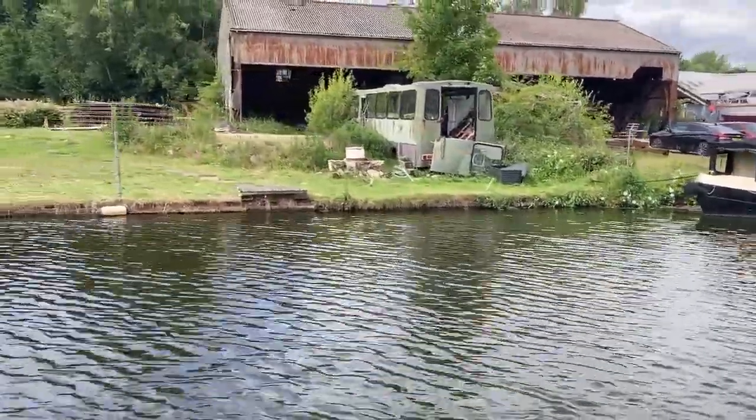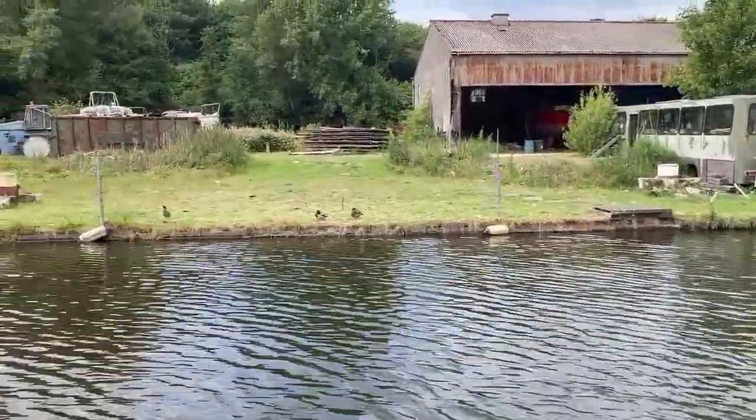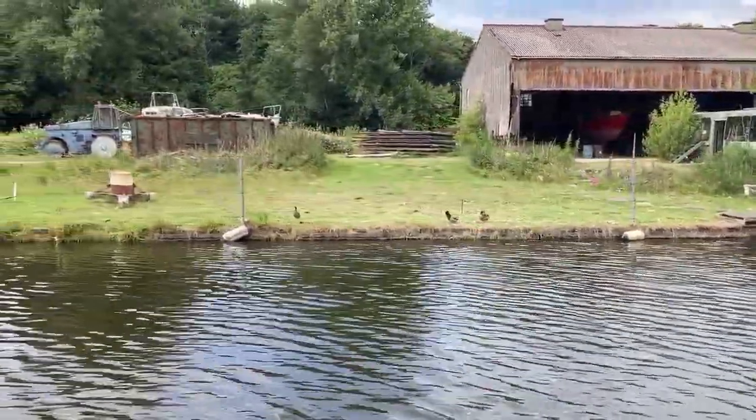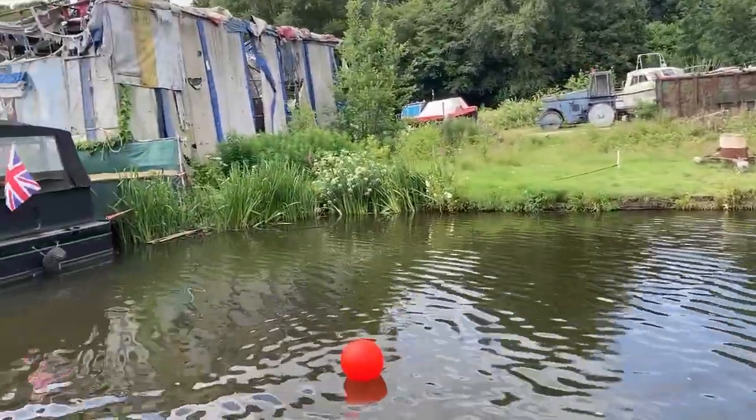The bus. It's like an old military bus. It's like an old school bus as well. Used to take us up to the cottage. Oh right, yeah. We weren't that big in fairness. We're an old